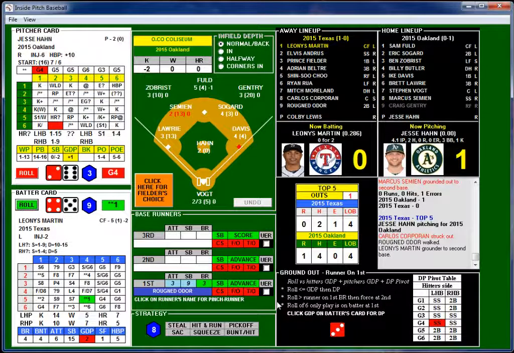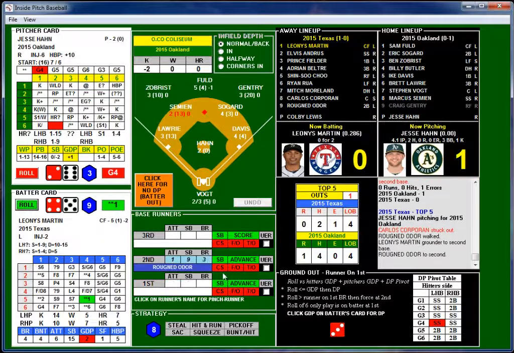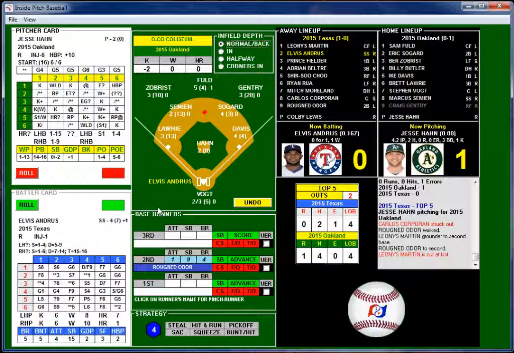And if its roll is greater, runner on first base. If it's greater than, it is, so he's going to advance. You're out at first. All right, so quickly over to second was Odor. Kept him out of that double play. The only play was at first. All right, so 2 outs now. Another man on base.